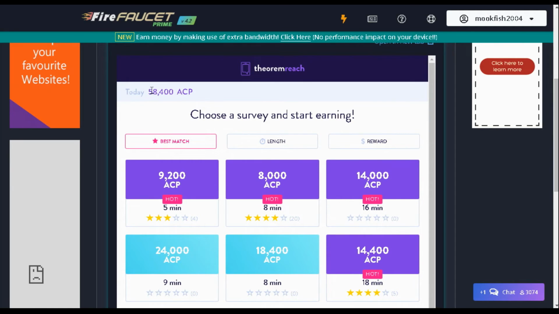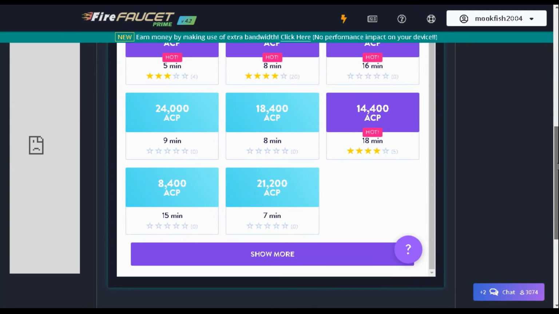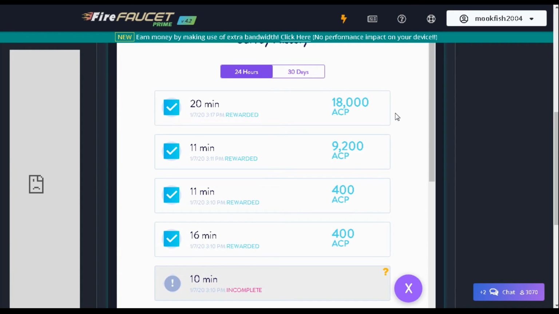Is it? Do I click on that? No. It might be reward. No, it's not going to be that. Is it that? Here we go. So